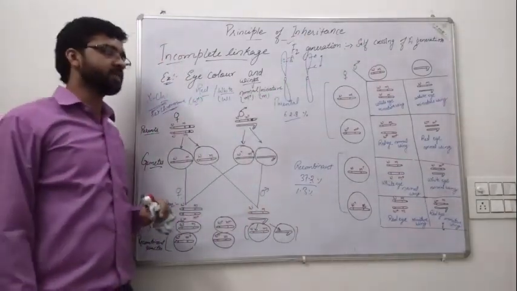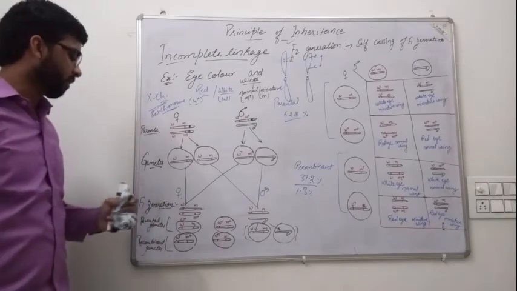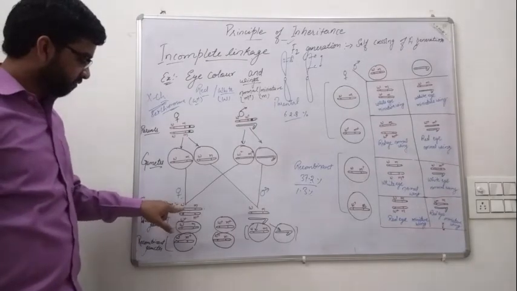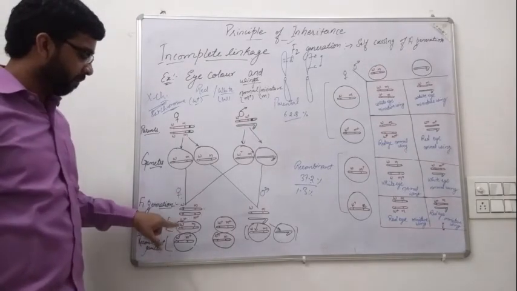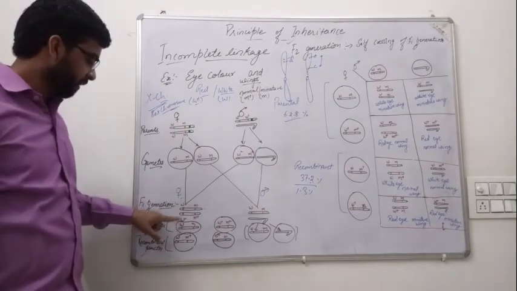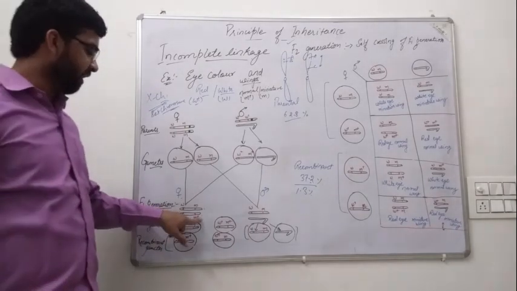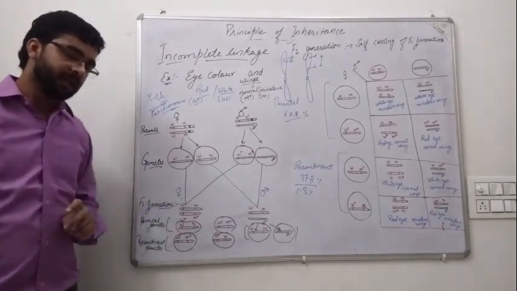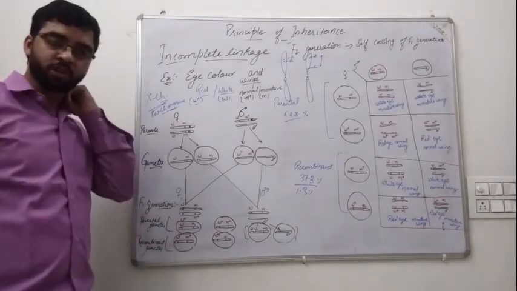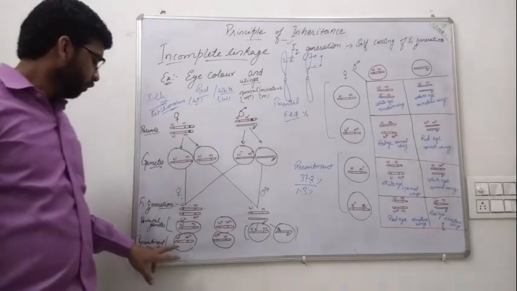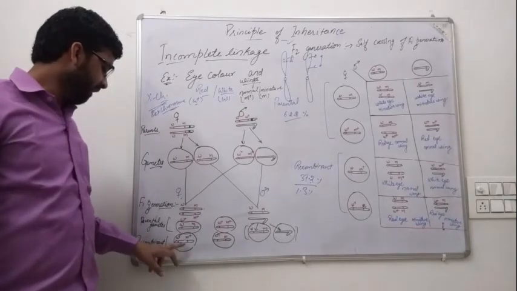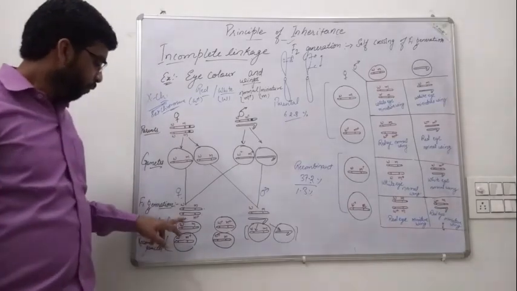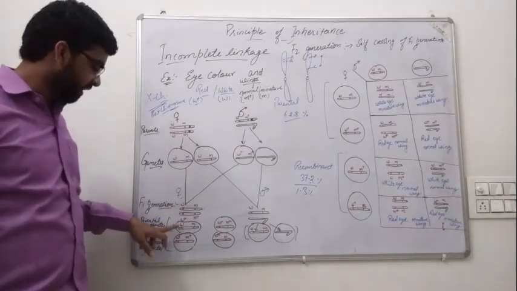Before doing the cross, we find out the gametes or the components of the gametes here. The gametes are the parental type, means from this one, W and M. We write it here. And this one, W positive and M positive, write it here. But in the second case, there is a crossing over between these two.